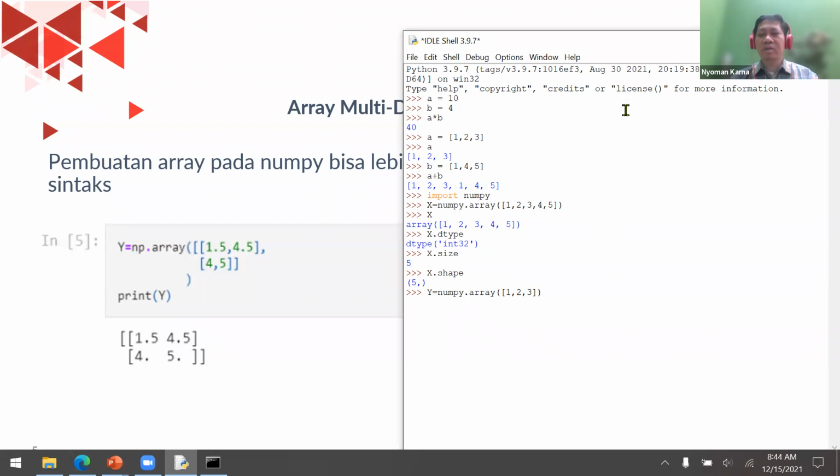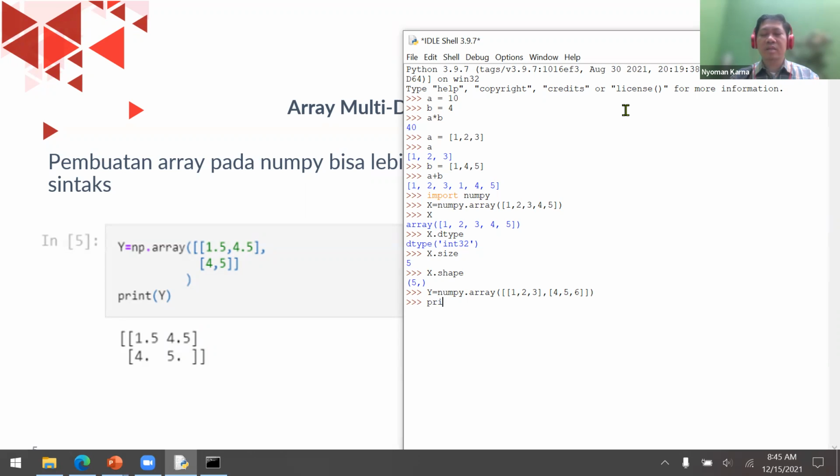But if I'm going to create a two-dimensional matrix, I can type something like this: 4, 5, 6. And remember, we have to put another square bracket to indicate that this is a matrix.